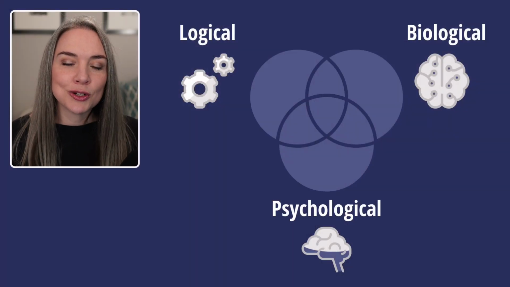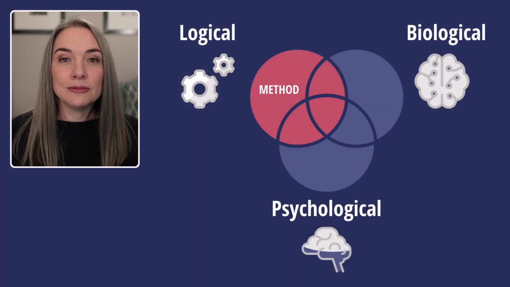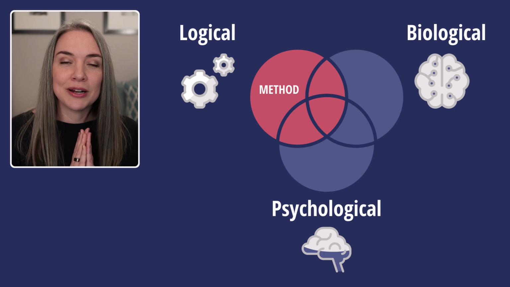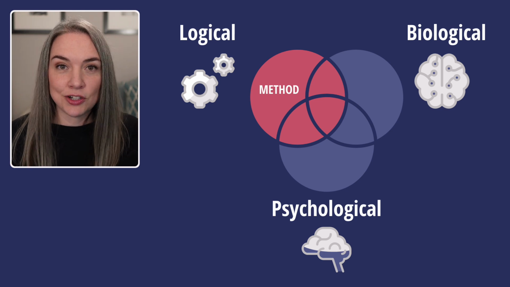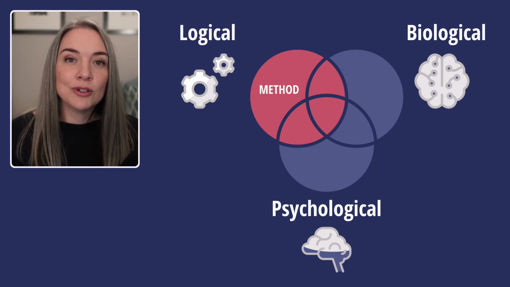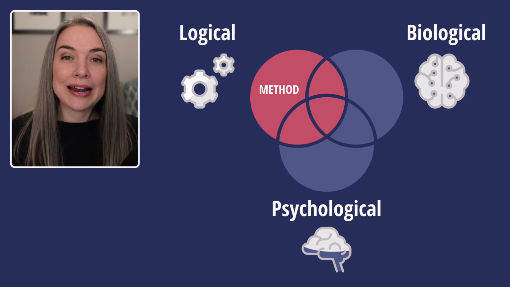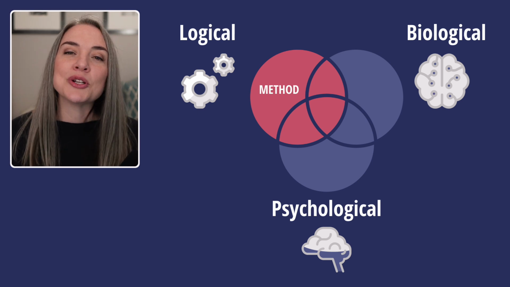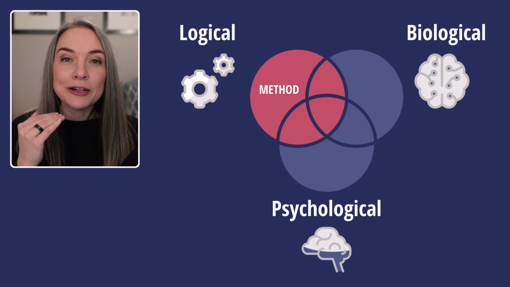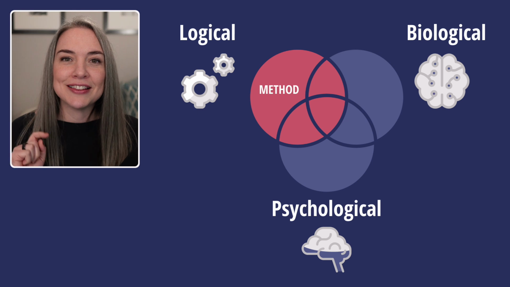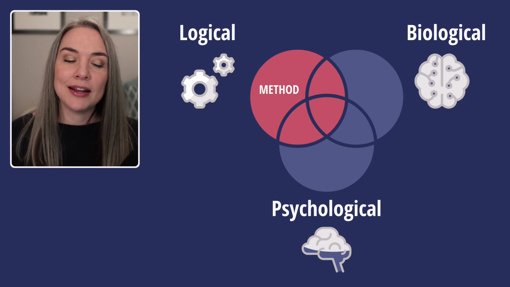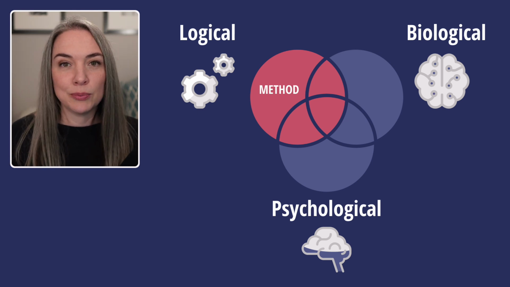Well, if you have a logical challenge, you want a method. Clear instructions, you want information, skills, and implementation. So what do you need to know? What skills do you need to know? And when is it happening? When, where, what tools do you need? When you have a clear path of how to get from here to there, then you can follow that. And it's clear and it's repeatable and it's complete.